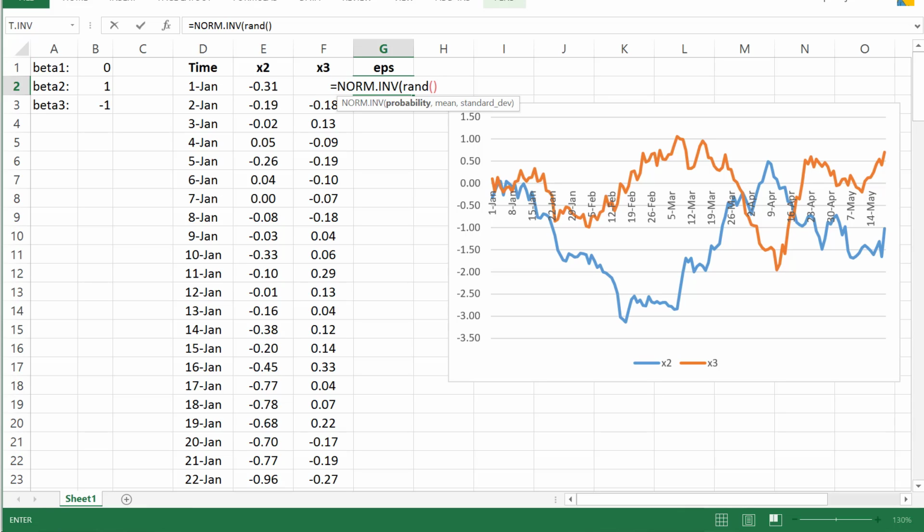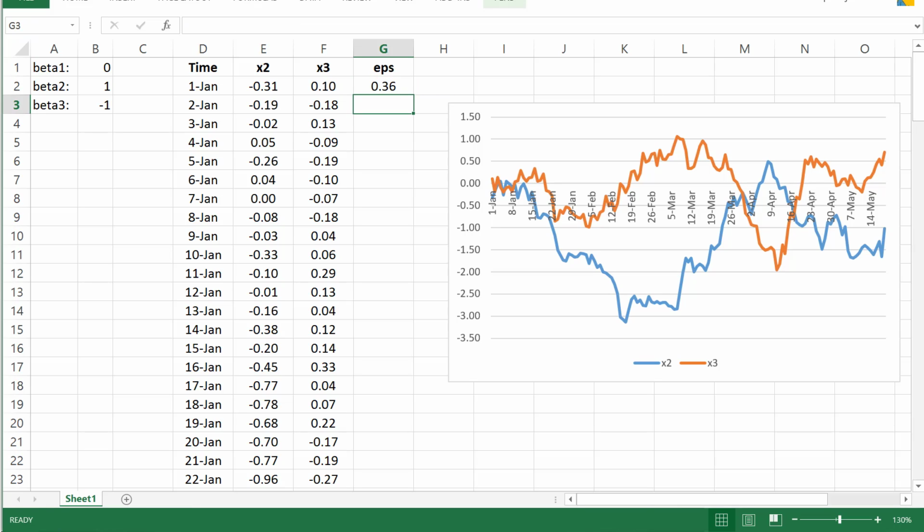And now it's really important that I put a 0 here, and I cannot make this expected value depend on any of the x2 and the x3 values. That would make the x variables endogenous. Next, let's put a standard deviation, and the same thing goes here. I cannot make this standard deviation be dependent on any of the x variables because that would make the error terms heteroscedastic. So let's just do something, maybe 0.2,